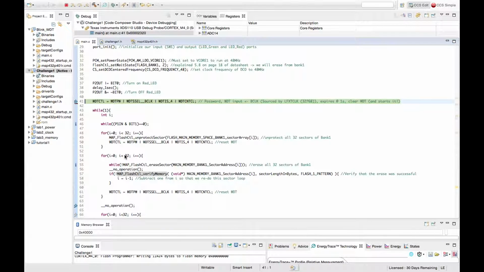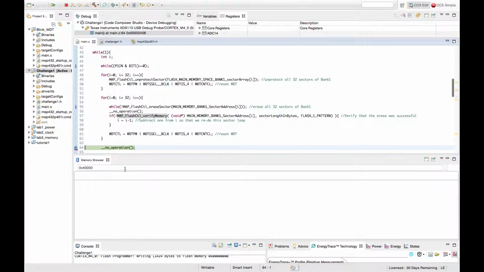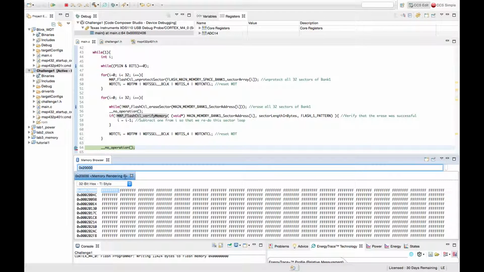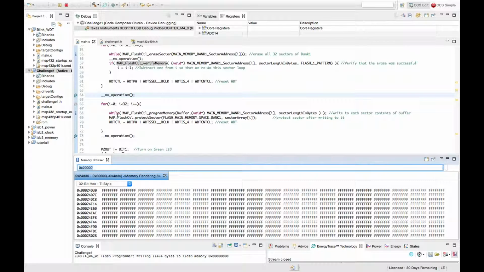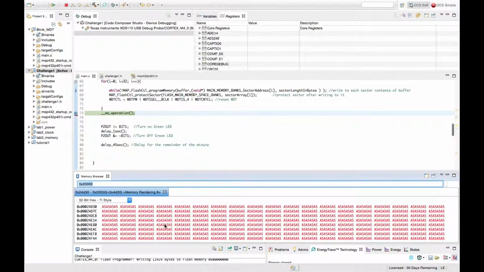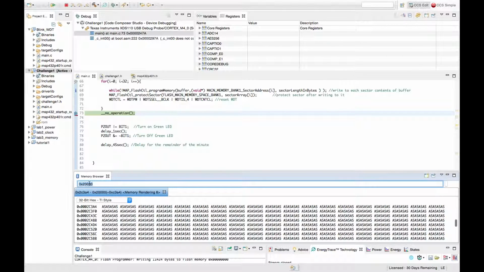Alright, here we go. Okay, so now we've gotten to erasing the sector. I'd like to show you that I have successfully erased my sectors all the way throughout the whole 128 kilobytes. Now I want to show you that I've been able to write to all 128 kilobytes. We're waiting on this to run really quickly. As you will see, we are there. Okay, very good. As you see, we've written throughout the whole 128 kilobytes of our memory,